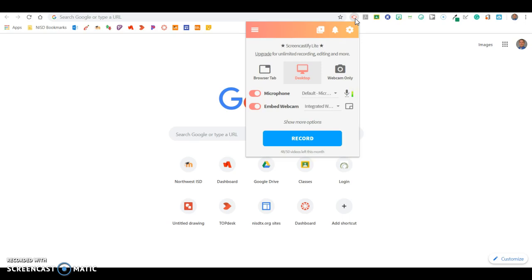So any other time when you're ready to create a screencast, you will click on that extension icon and this box should pop up. Notice that you have three different options. You have your browser tab, which is just this current tab. You have your whole desktop view, which is going to show you anything on your screen. And then you have your webcam only, which is going to just act as a video camera using your embedded